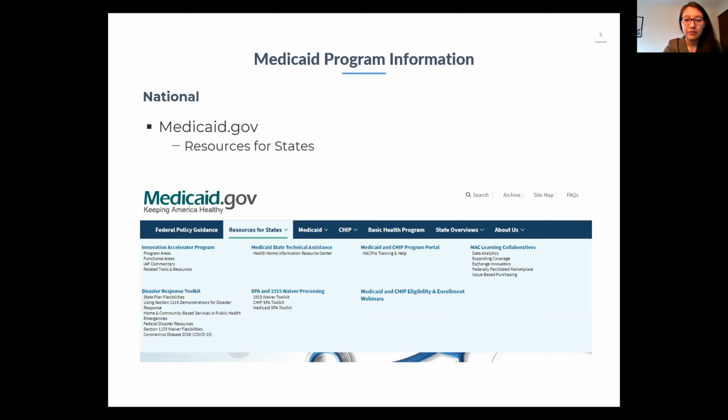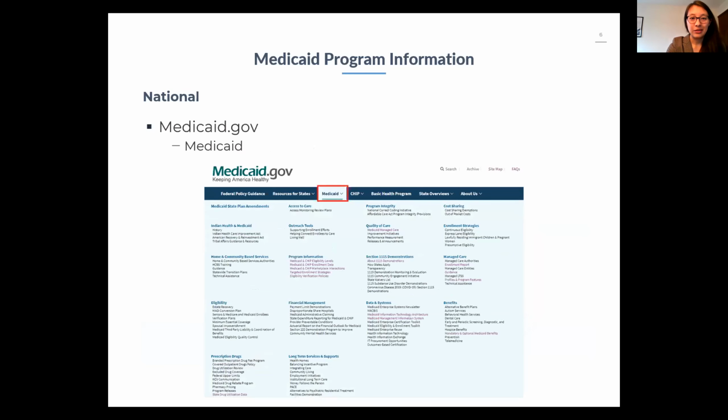I think if you're looking for additional information on special programs and their implementation with more of a state perspective, you might want to look here. Really, the research friendly page is in Medicaid and CHIP, and there's program specific information split into those two tabs. And as you can see, there's a lot here. I'm not going to go into a ton of detail, but it's worth checking any of these out if you're curious. And the text is kind of small, but I'll call out a few specific things that I think are